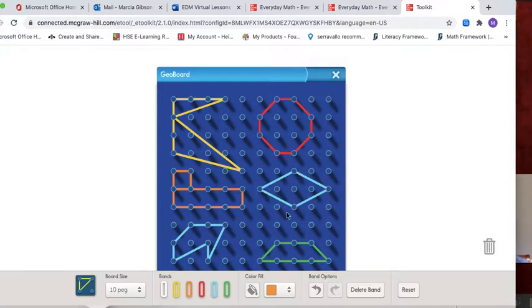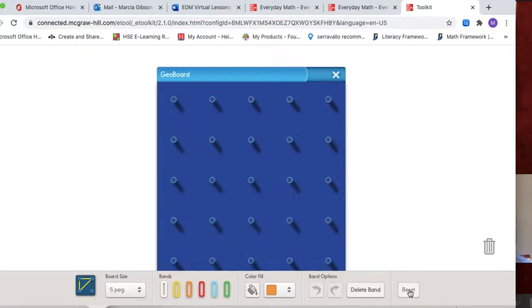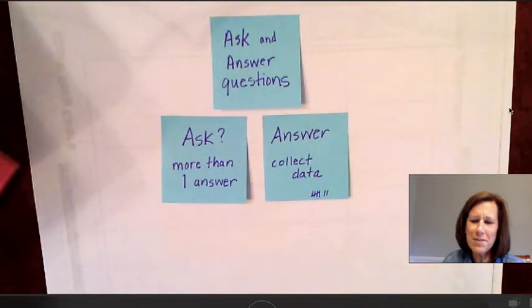It's a rhombus. This one is a trapezoid. This one's a hexagon. Nope, it's an octagon. It has 8 sides. Made some triangles, a square and a rectangle, and more. If I gave you a blank geoboard, what shape would you make? Once you made those shapes, I could go around and ask a question: what shape is the most common? And then I could collect data in order to figure out whether it was a rhombus or a square